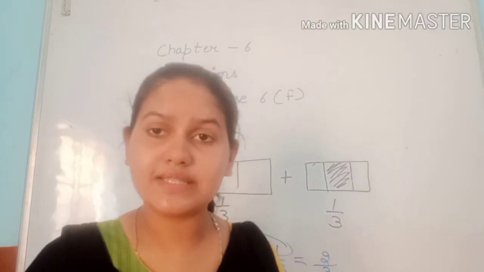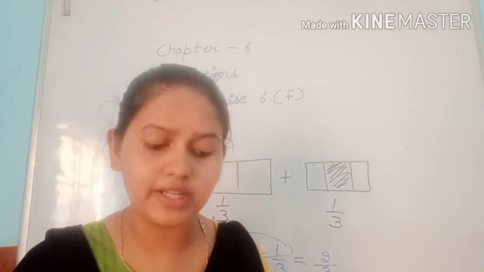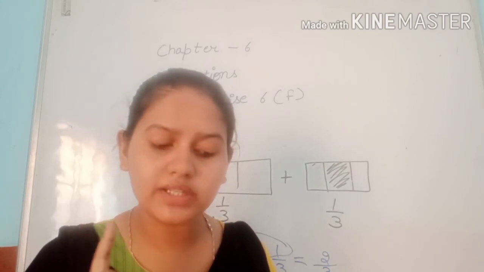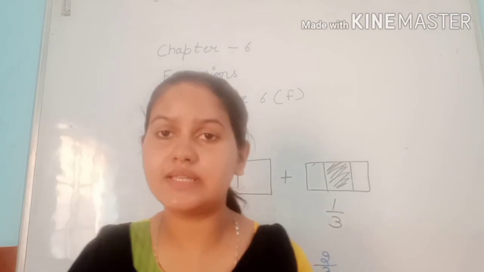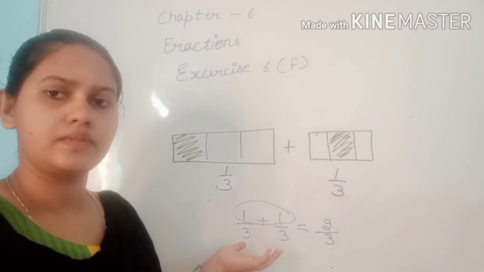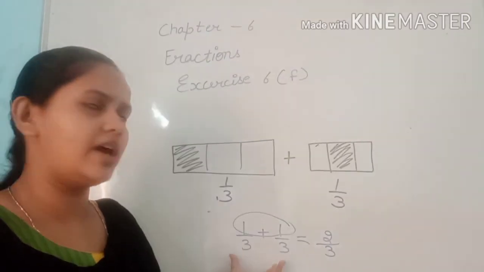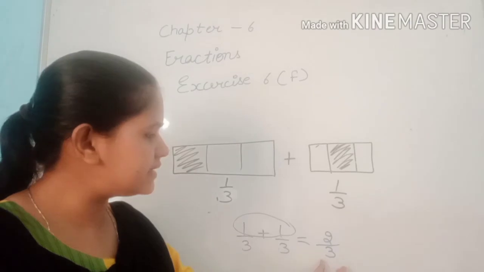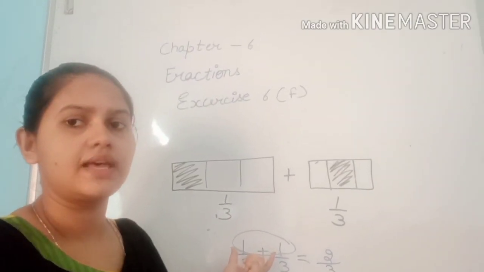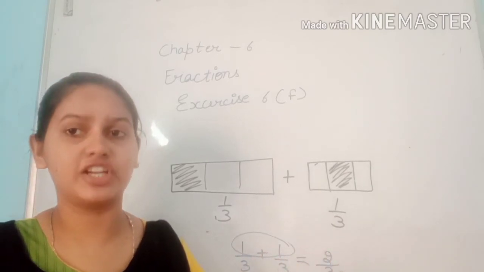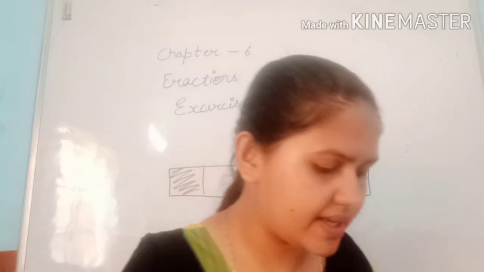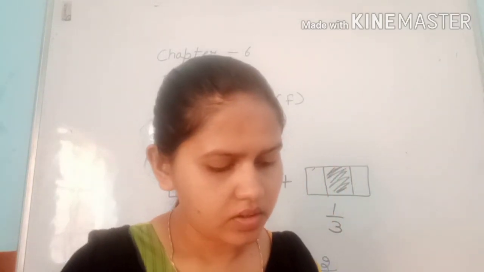So in the book you can see on page number 77, when the denominator of two or more fractions is the same, we add only the numerators and the denominator remains the same. An example is in front of you, students, right? If we have the same denominator, we take it as it is, and we plus only the numerator. Okay students, and in the last we will get our fraction, which is 2 by 3. Okay, so let's do some more examples which are related to our chapter.